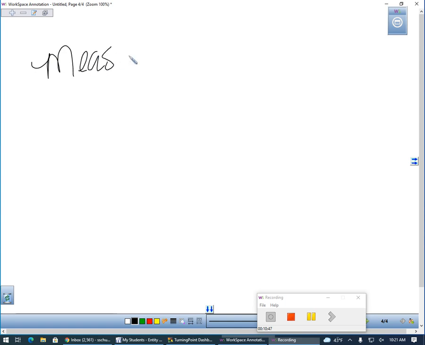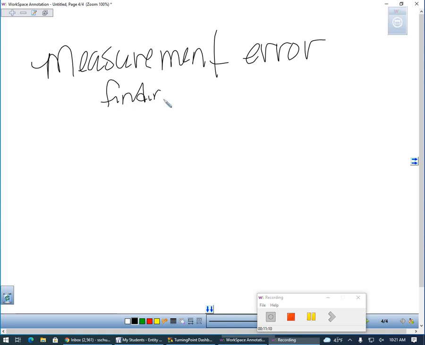When we have a measurement error, we can do a max or min on either side to say what's the greatest amount you can be off and the smallest amount you can be off by for it to still work. Okay? So we're going to be finding a max and min value. All right? Everybody's good so far? Okay. To find this,